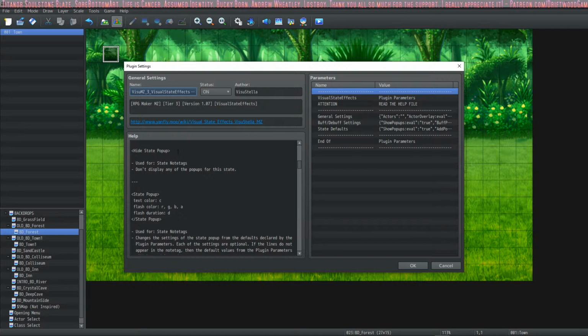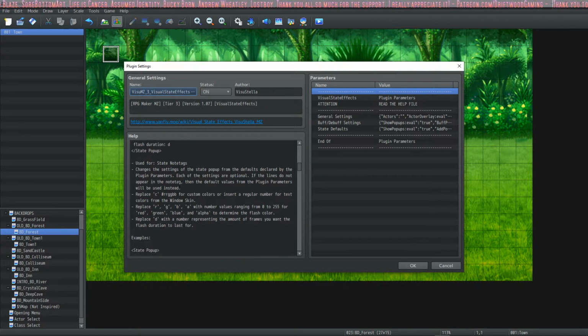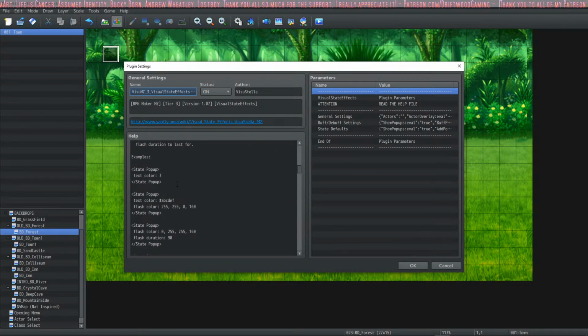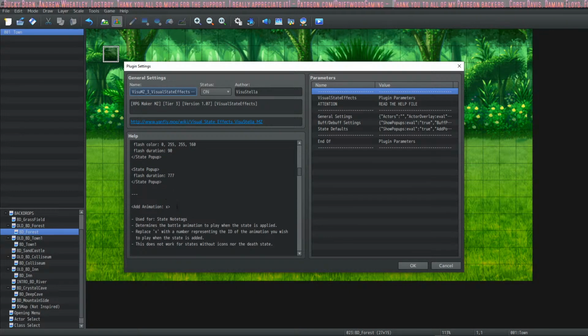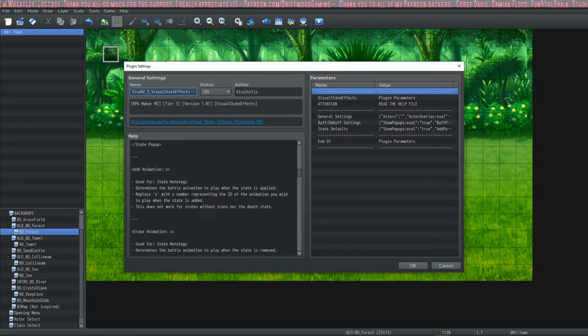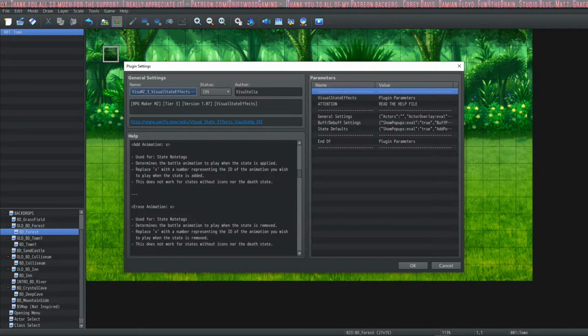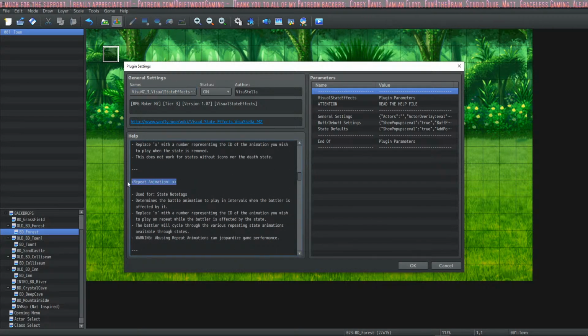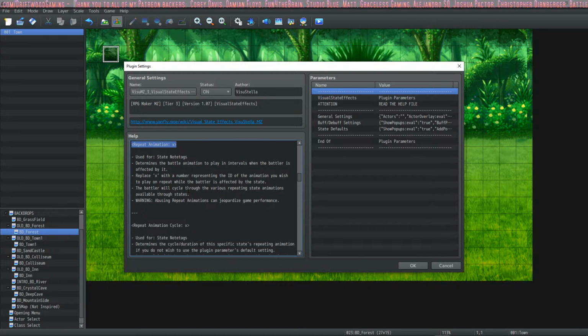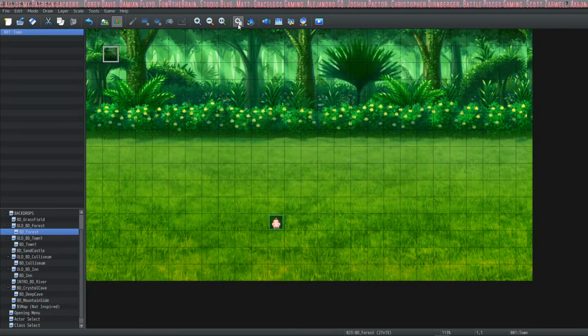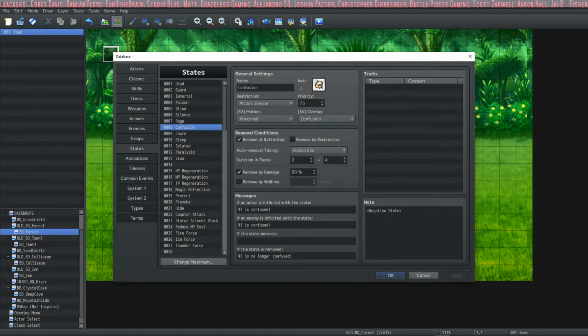What's the note tag? State pop-up. Repeat animation.